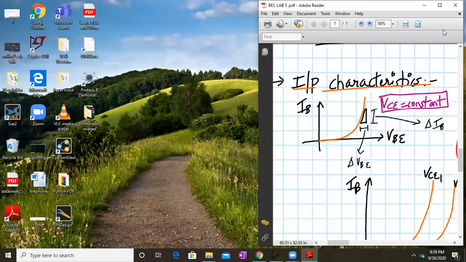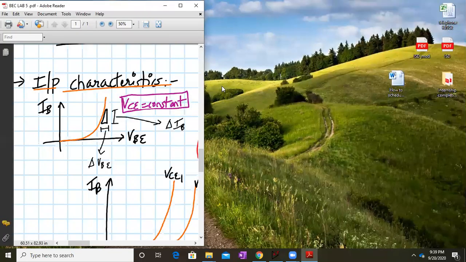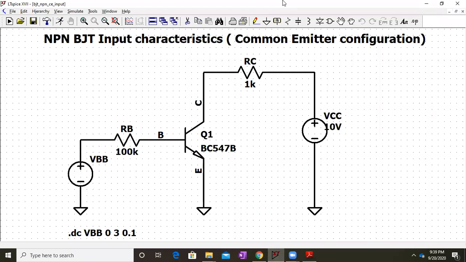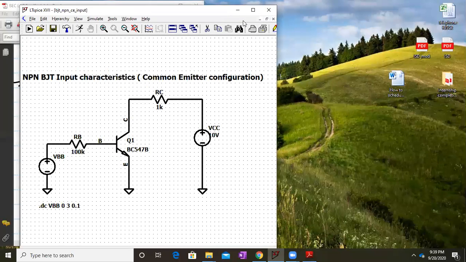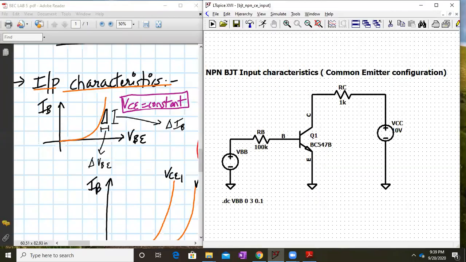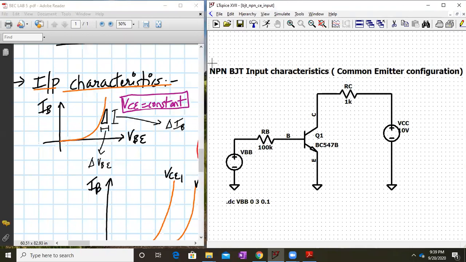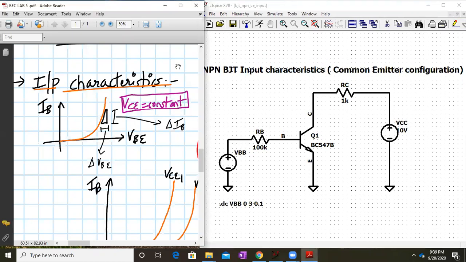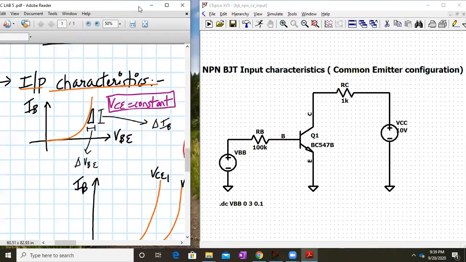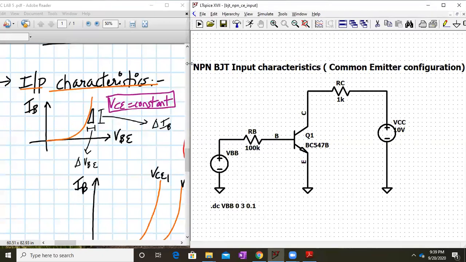Okay, so what I will do is I'll just put this a little bit aside, to the left hand side of your screen, and I will be simulating the circuit for the common emitter configuration. I suppose this is proper now. Yeah, it's absolutely fine now. Let me just push this inside. Yeah, both are fine now.